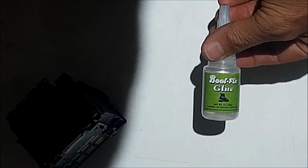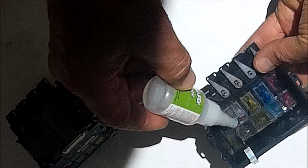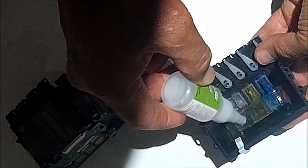applying it. Now this stuff I found to be really, really good. It also is great for your shoes. Not that that's a plug for that particular product, but it actually works, and it works great if you've got a buggered up shoe. So at any rate, you take it off, it's an epoxy, and you apply it directly